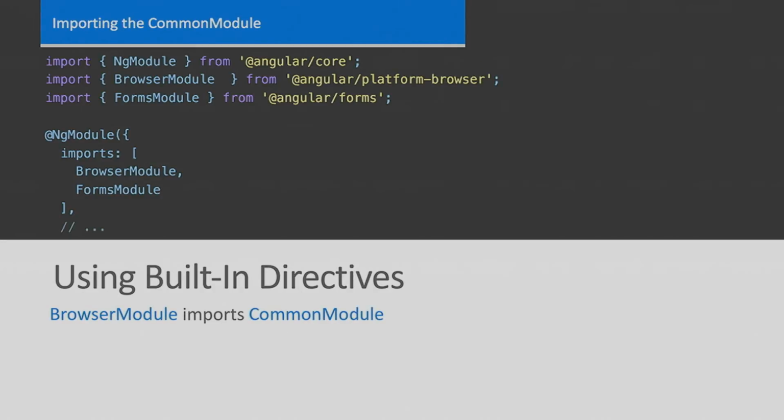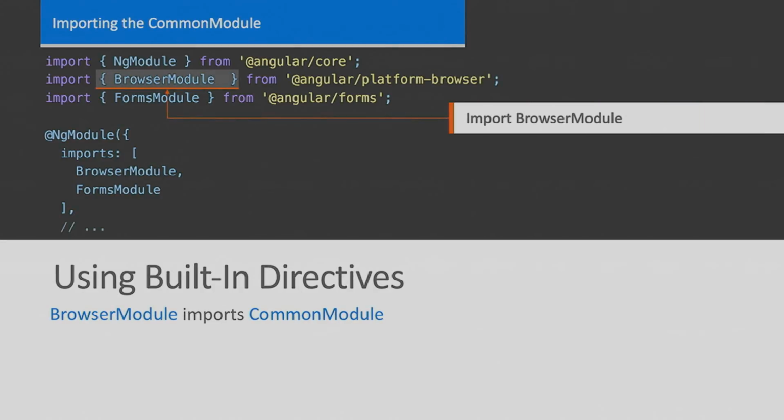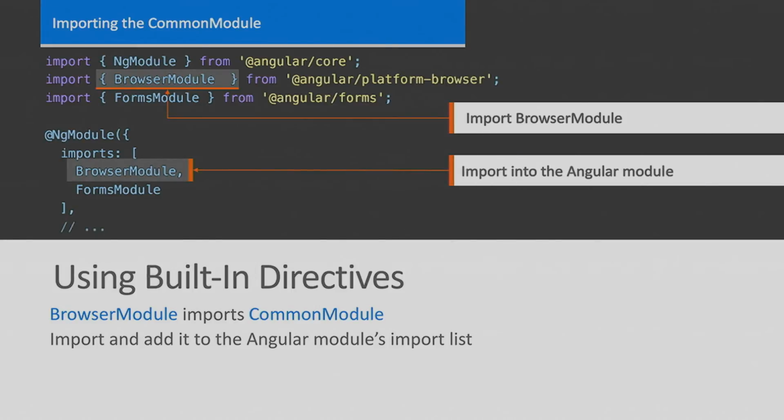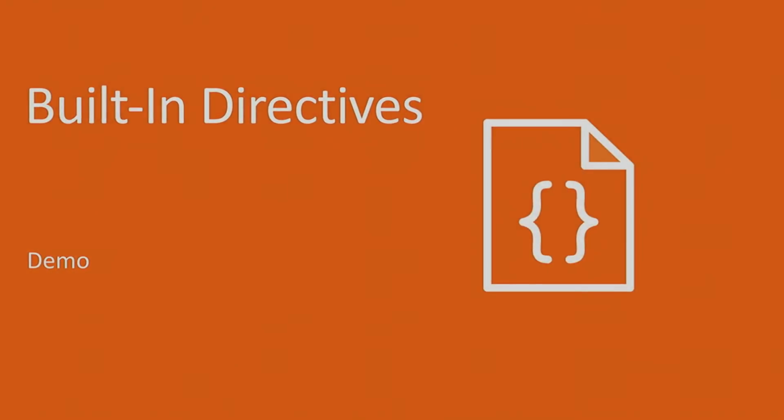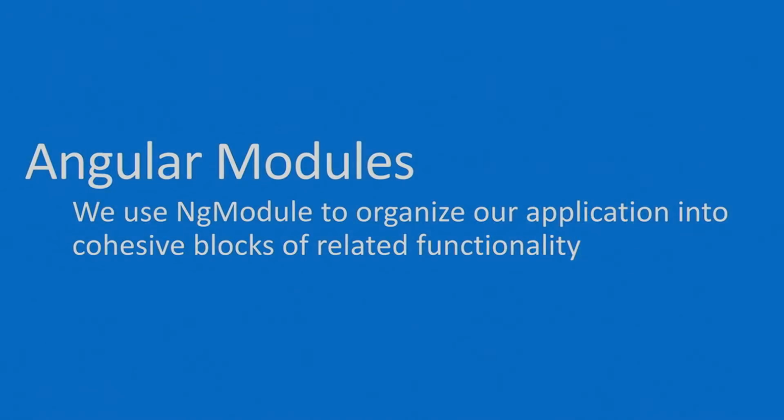And you get these by pulling in that common module that we talked about earlier. So a common error you'll see in Angular is when you start an app, if you don't pull in the common module, you will get an error like, I don't know what ng-if is. So if you see that, you know, I've got to go get the browser module, which pulls in the common module. And then we import it right there.